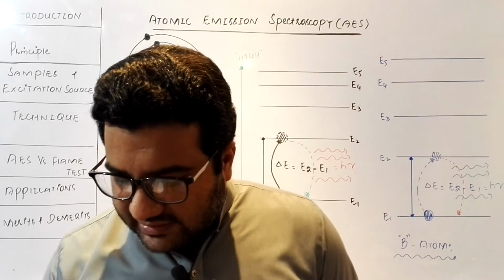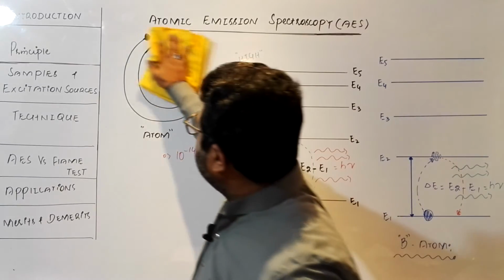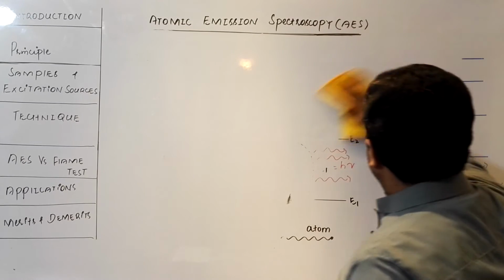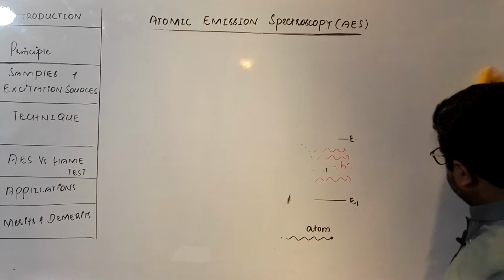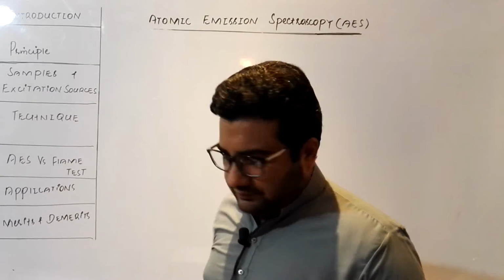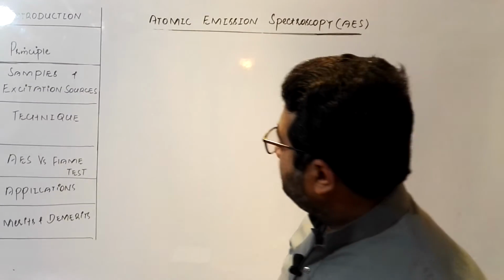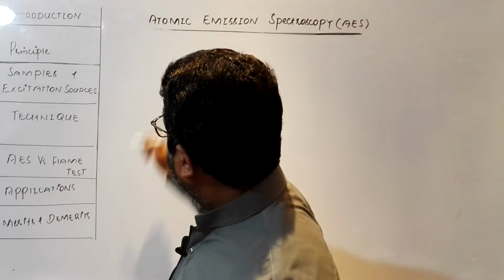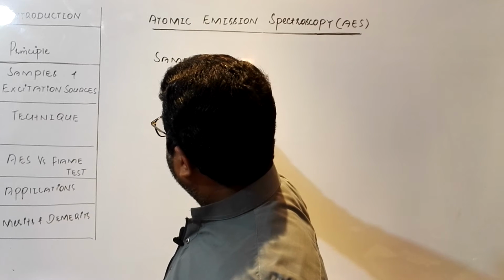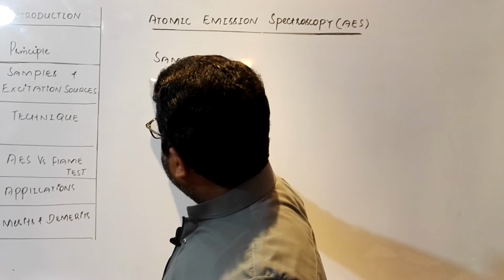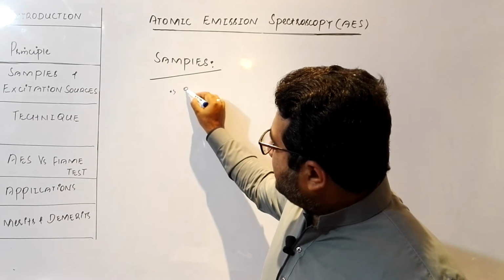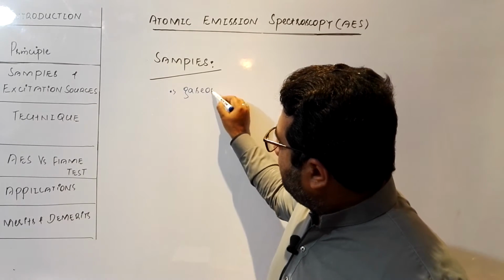Now let's move towards the next part, that is the samples that can be studied and sources of excitation. So first of all, if we talk about the samples, what kind of samples can we study in atomic emission spectroscopy? We can study a sample in gaseous form,